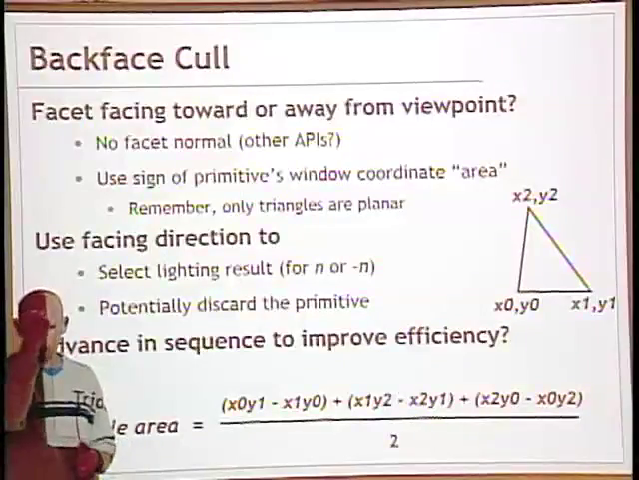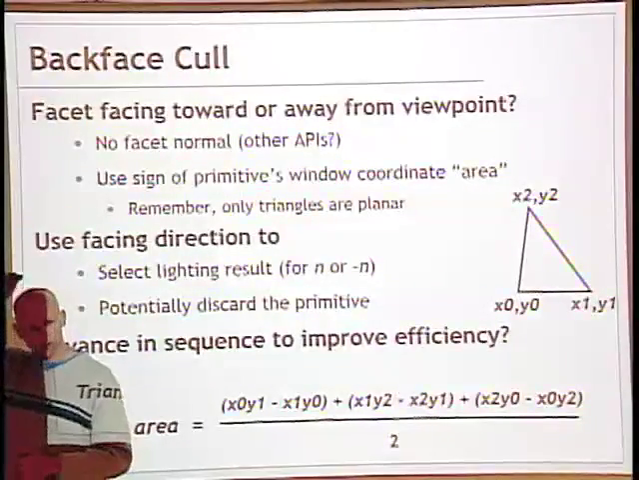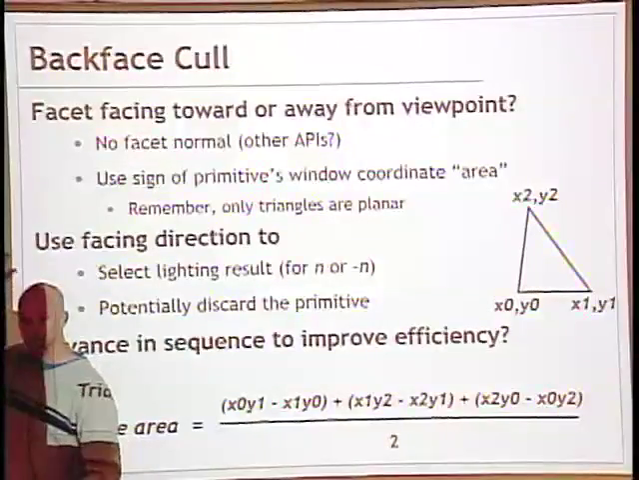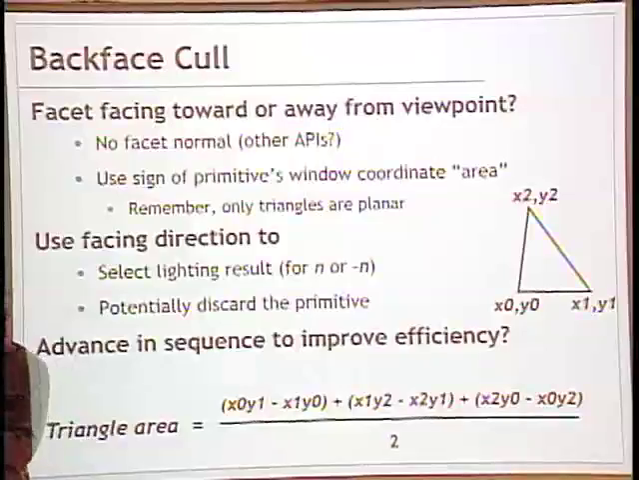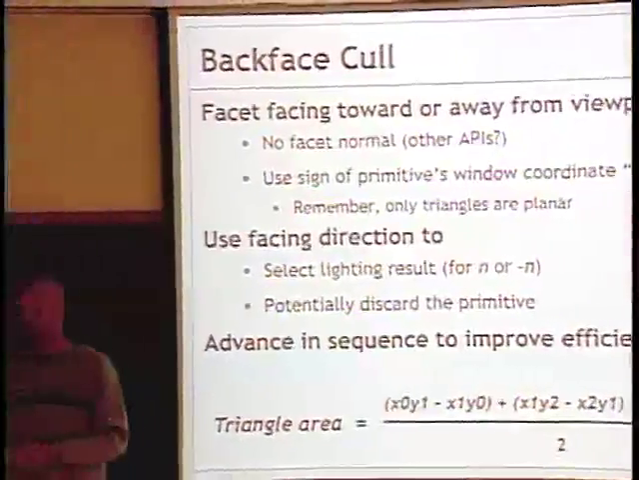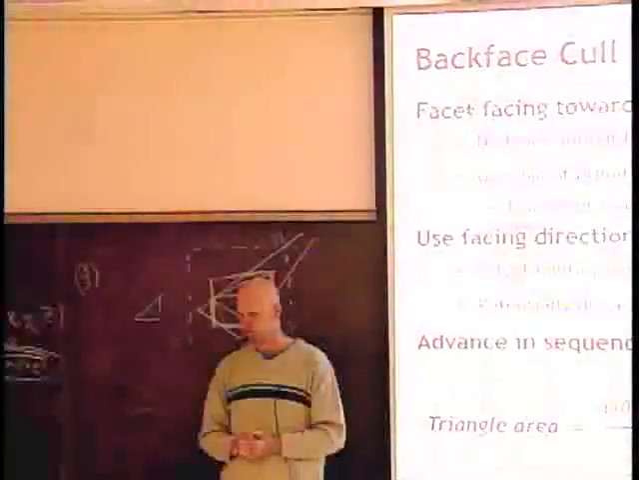So then we can take the area of the counterclockwise one and the area of the clockwise one. This is going to be a positive area. This is going to be a negative area. And we can throw away the ones with the negative area. But if we use triangle strip, one side is